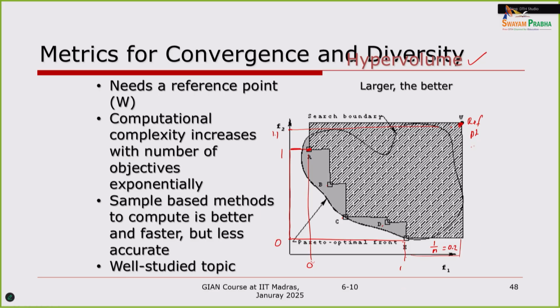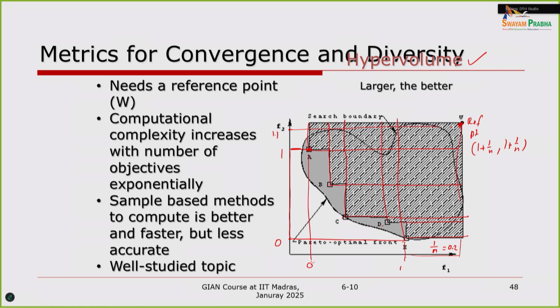1 plus 1 over n, 1 plus 1 over n. Okay, this is the reference point. Once you have done that, then you look at every point, how much area does it dominate? So it dominates the first quadrant. How much area does this dominate? Again the first quadrant. So like that you do every one of them